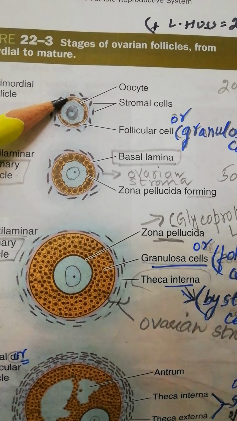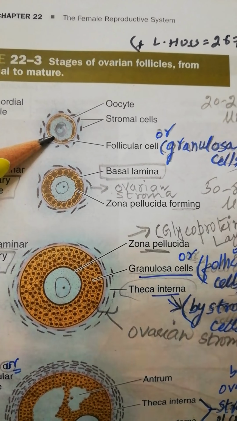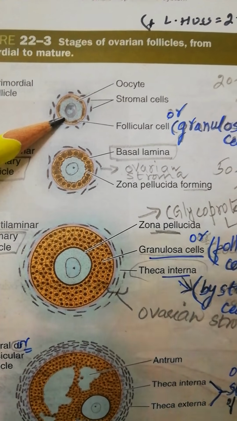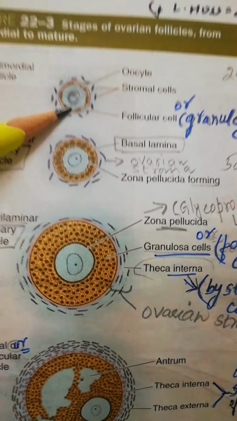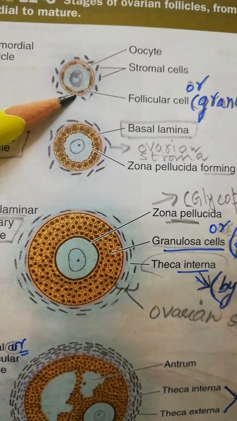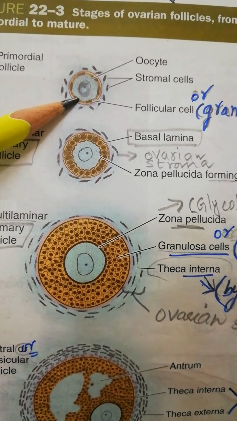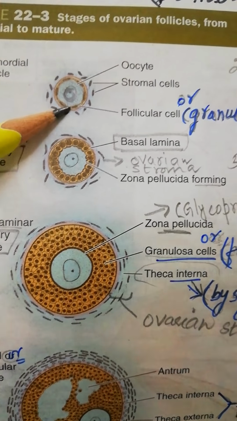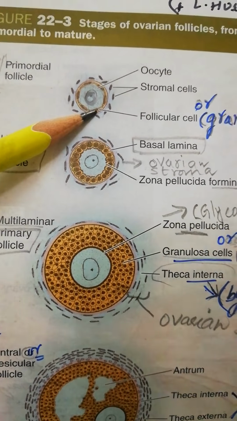These are called follicular cells. These follicular cells are also later on called granulosa cells. So don't forget that the term granulosa cell or follicular cell can be used simultaneously. Follicular cells are made up of simple squamous, or rather you would say low cuboidal shaped cells, consisting of a single layer of cells around it.